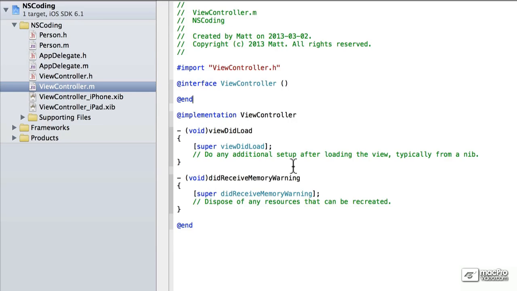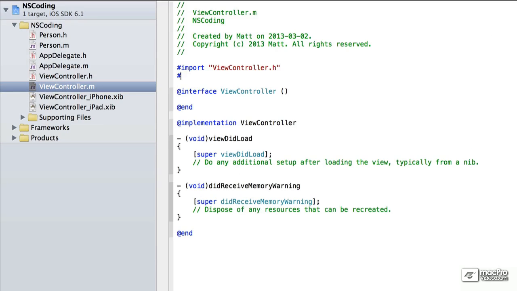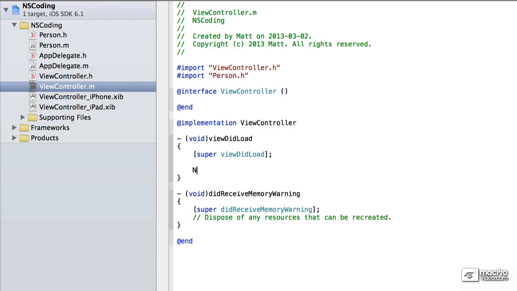Now, the first thing we want to do is import the Person class. Person.h. Great. And we're going to create a brand new array. And for the fun of it, I'm going to use the NSMutableArray. I'm going to make an array called people equal to NSMutableArray alloc init,